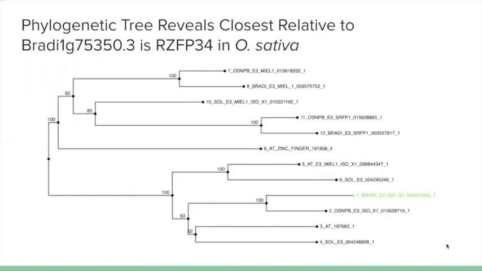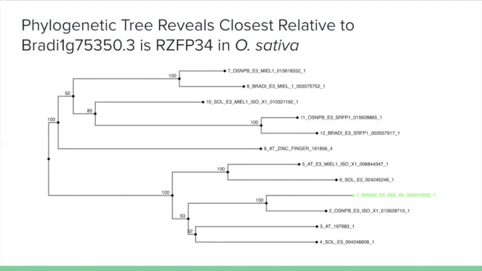Looking at the phylogeny, many of the related genes encode proteins involved in zinc binding, like zinc fingers and zinc ribbons. When it was blasted, the unknown gene had 100% similarity to E3 ubiquitin ligase RZFP34. Based on the name, it may be an enzyme that catalyzes the post-translational modification of proteins by marking them for